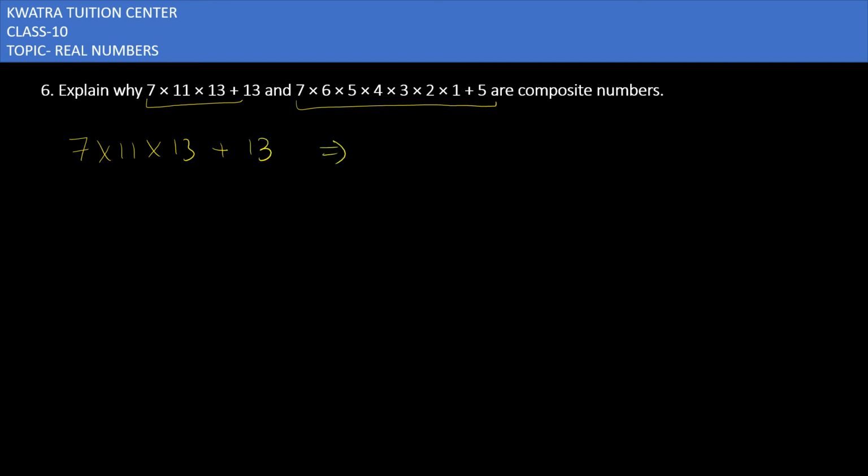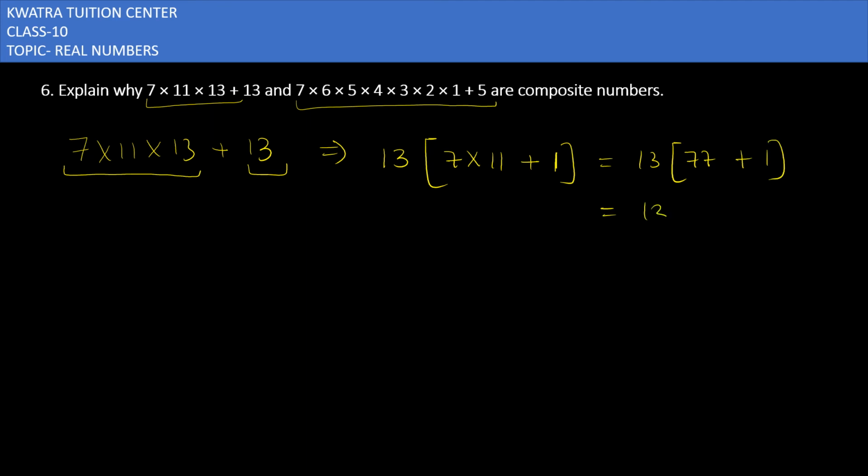देखो, सबसे पहले तो आपको ये समझना होगा कि दिस नंबर हैज 2 टर्म्स. एक टर्म हमारी ये पूरी है 7, 11, 13, दूसरी टर्म हमारी 13 है। अब आप यहाँ पे देखोगे कि विच टर्म यू कैन टेक कॉमन, यू कैन टेक 13 कॉमन फ्रॉम फर्स्ट टर्म एंड द सेकेंड टर्म। फर्स्ट टर्म में क्या बचा 7 इंटू 11, सेकेंड टर्म में क्या बचा 1। अब आपके पास यहाँ पे क्या बचा 13 है, 7 इंटू 11 कितना होता है 77 प्लस 1, सो यू हैव 13, यू हैव 78।